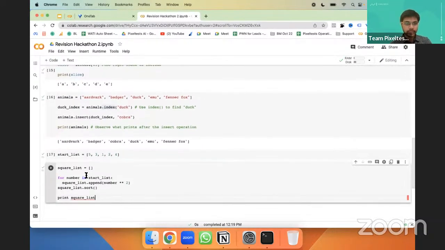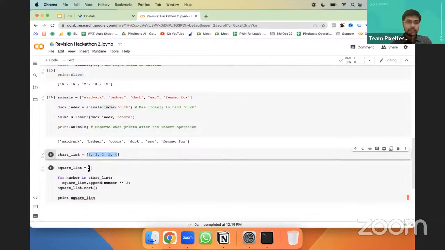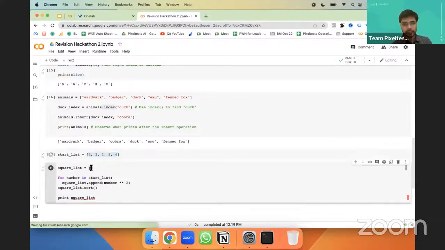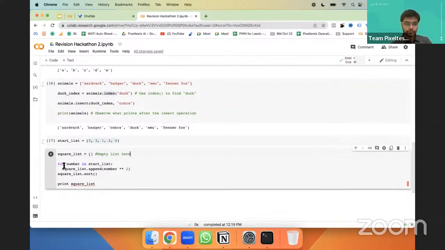And then there is a square list. What we are trying to do is get squares of each of these numbers in the square list, the other list. This is an empty list currently. But now we used a for loop, and we said number. Instead of number, you can use i or any other name. Within the range we are giving, from there the first index is picked.